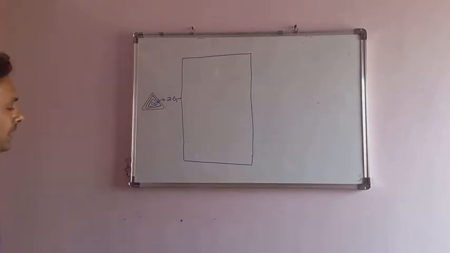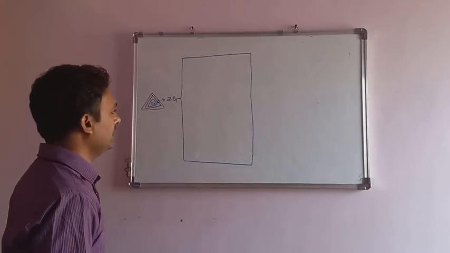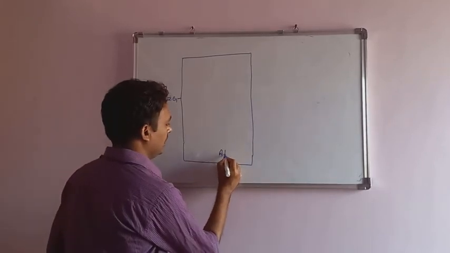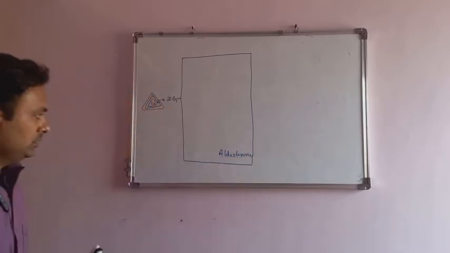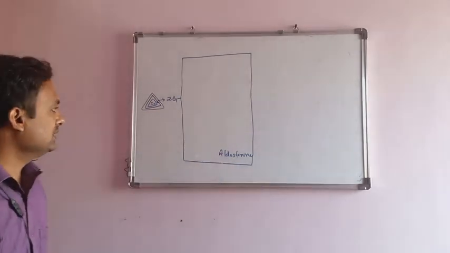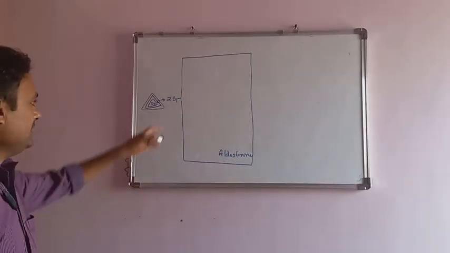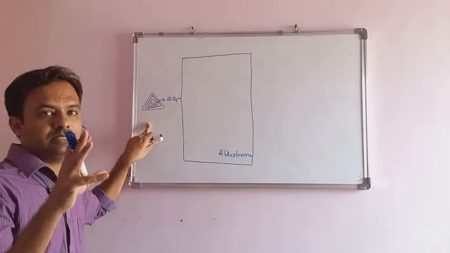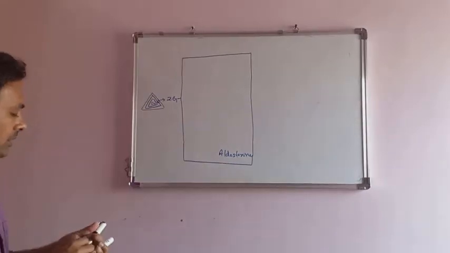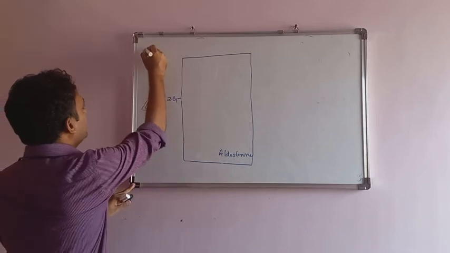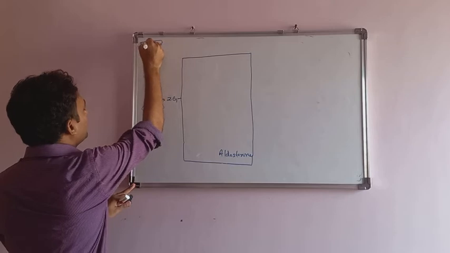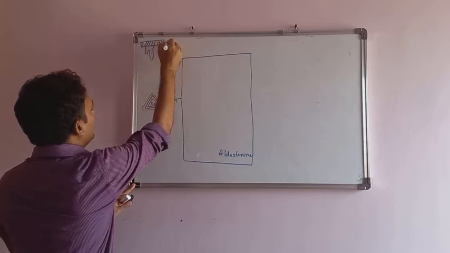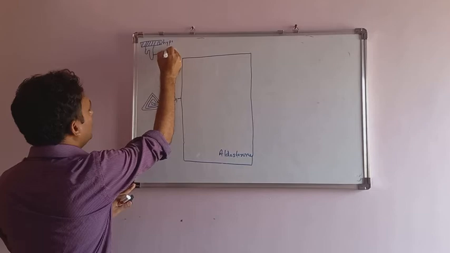See, what function did I tell? The function of the zona glomerulosa is to secrete aldosterone. We write aldosterone here. So what makes the synthesis of aldosterone? We will discuss first. In general, the adrenal gland is controlled by the pituitary gland. This is the pituitary gland, and above the pituitary gland is the hypothalamus.